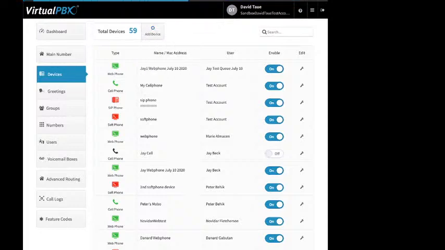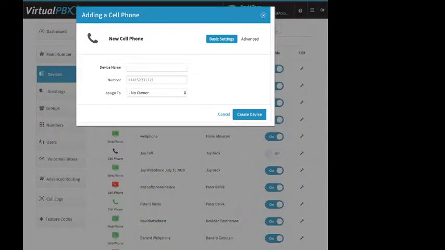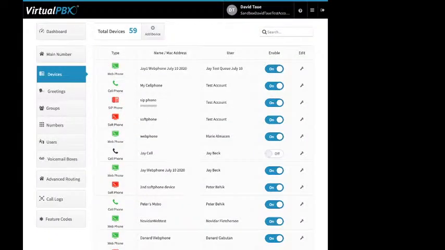Right, cell phone and landline are the same. You give it a name, right? Mary's phone, for example. And then you put the plus sign, the number 1, and then the area code and phone number of that device. And then you assign it to one of your users, right? Then you click on Create Device. Once you've done that,